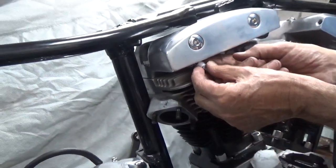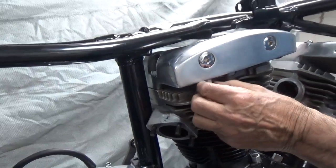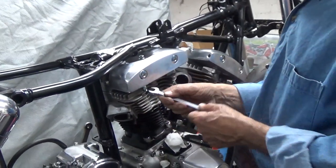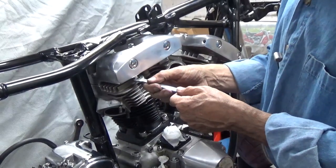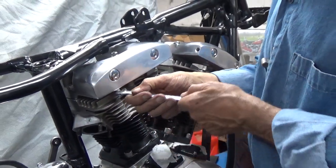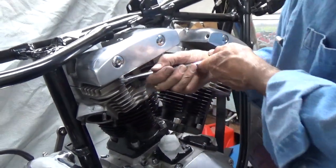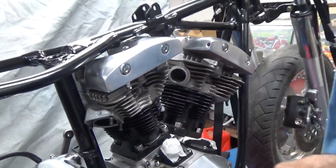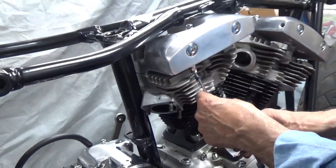I've used a little Teflon tape on it here. And in it goes. Now, I've already cleaned all this stuff, so in case anyone's wondering, it's nice and clean. We'll get that little fitting up in there. Using the flat sides of the wrench so I don't tear up the pretty chrome on these fittings. Love pretty chrome fittings. All right, so now all we need to do is slide it up in there,